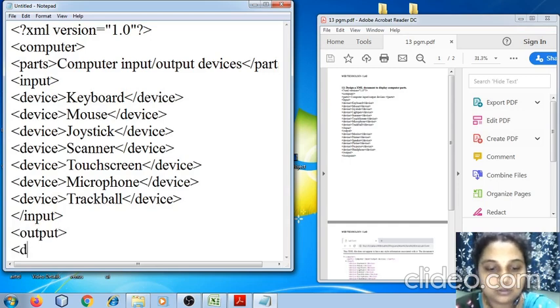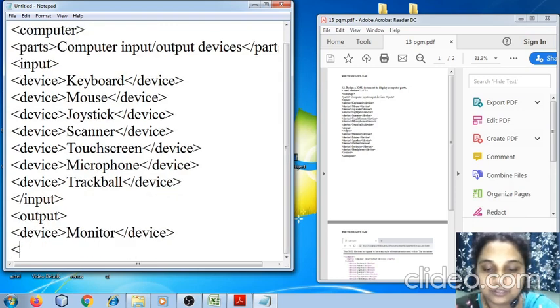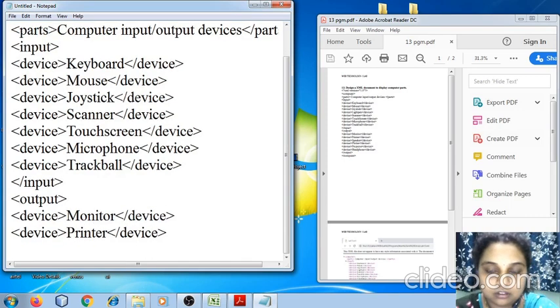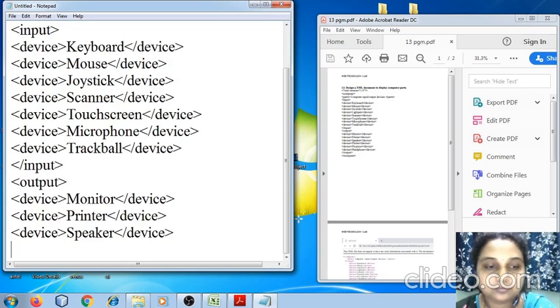So I'm going to use the tag as output, let's say device. So the first device I have here is the monitor, right? Then second output device, printer. Next output device, speaker. You must have also heard about plotter. This is another output device.